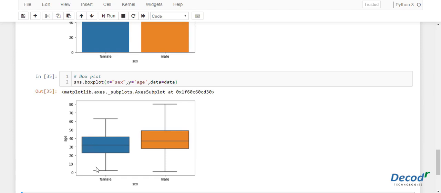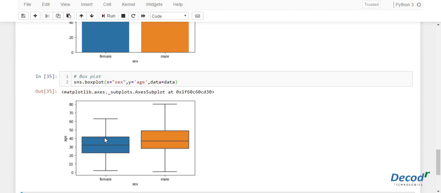The value from the lower line to the lower line of the box shows the first quartile. Similarly, from this line to the middle line, which indicates the median, it is the second quartile. The middle line to the upper end of the box is the third quartile, and from here till the topmost dashed line is the fourth quartile.